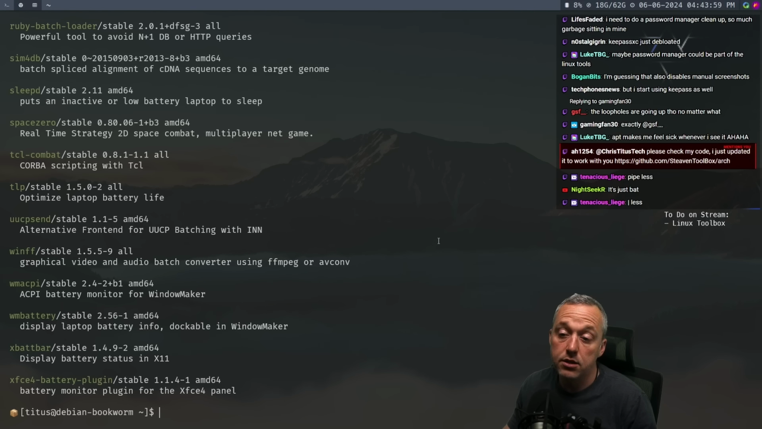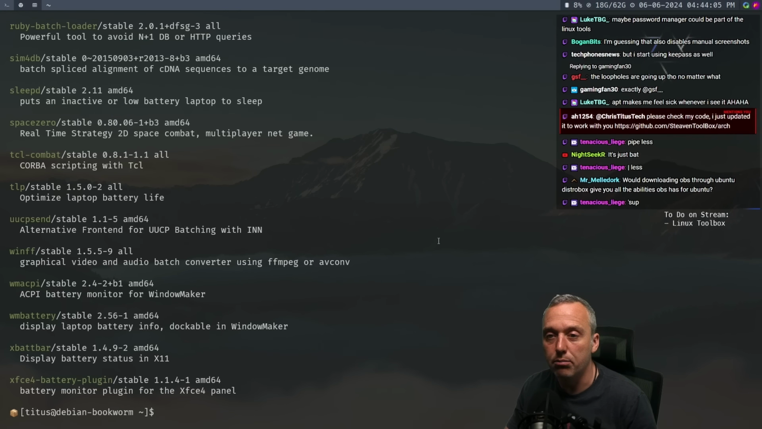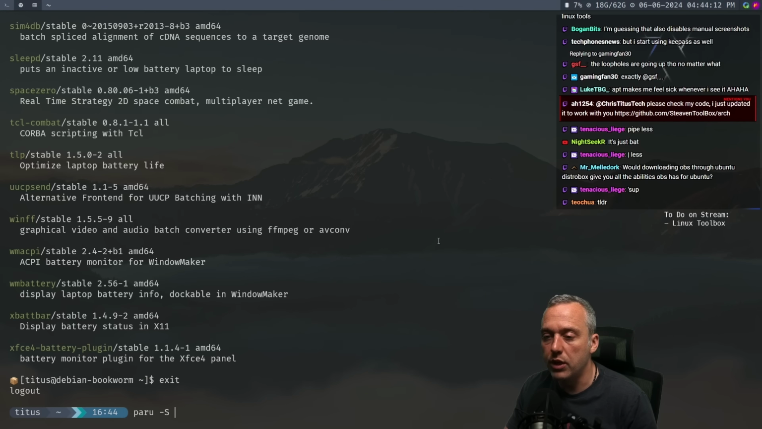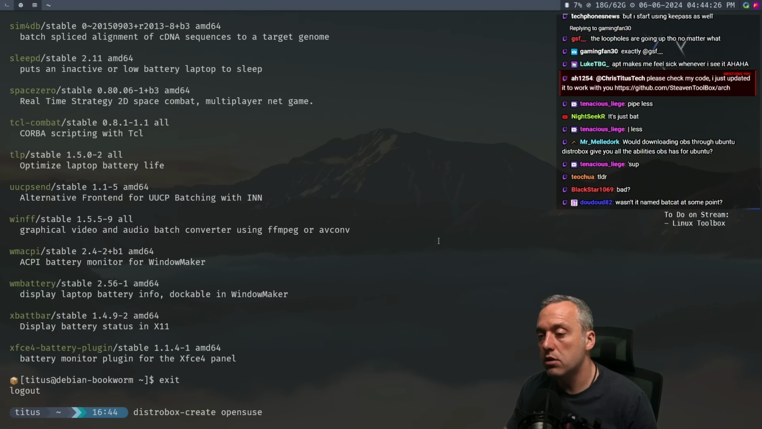So apt and Arch, Debian and Arch actually agree on batcat being called bat. Awesome. All right, cool. And we established bat was that on Paru. Let's do the next one. Let's go Distrobox, create, OpenSUSE, and we'll call it image